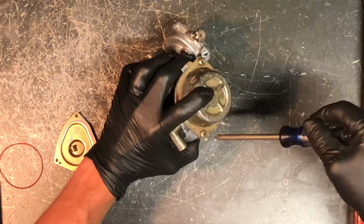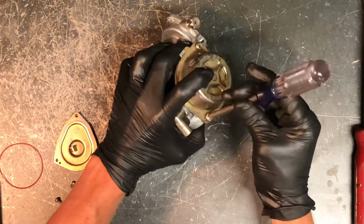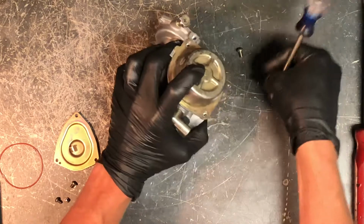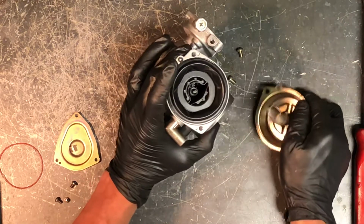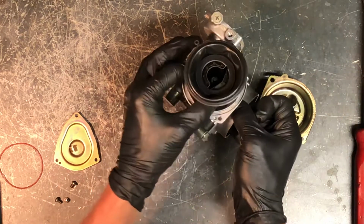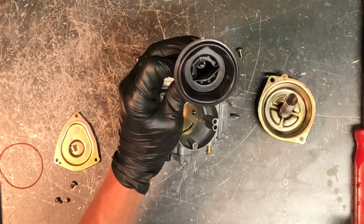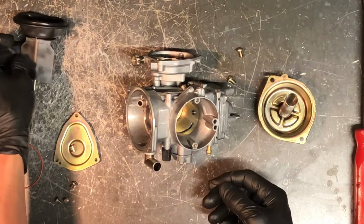None of these Phillips screws needs to be torqued down very hard. It just makes it a challenge for the next person. Same thing, this diaphragm here seals up with the rubber diaphragm. You want to make sure that that comes down in there and seats properly in that groove. Now that slide with the diaphragm is here. You can only put that in one direction, and to pull your needle, there's just a clip in there that you just pull out. Your needle will come out,